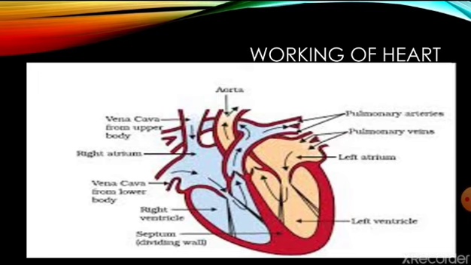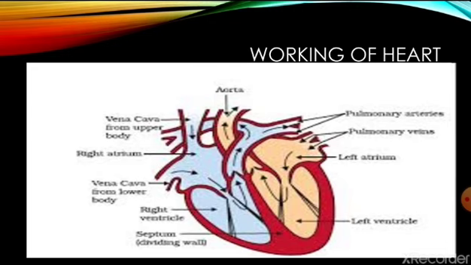Now let us move on to the right hand side. The right side of the atrium gets deoxygenated blood from the upper part by the superior vena cava and from the lower parts of the body through the inferior vena cava. Now, when the right atrium gets filled up, it contracts and the deoxygenated blood flows into the right ventricle through the septa, which is guarded by the tricuspid valve. From there, the right ventricle pushes the deoxygenated blood into the pulmonary arteries for further purification in the lungs.